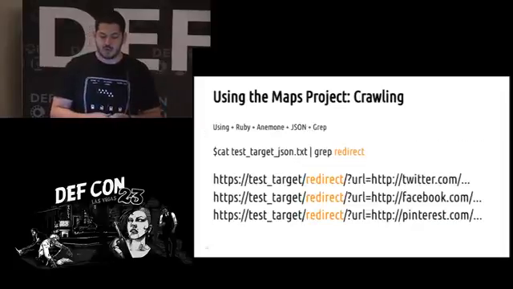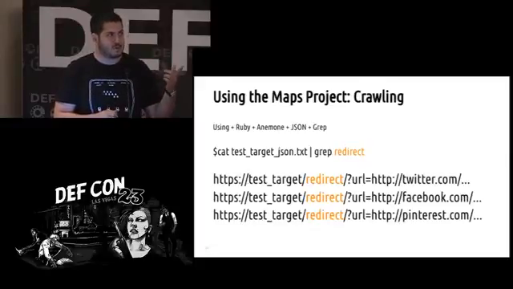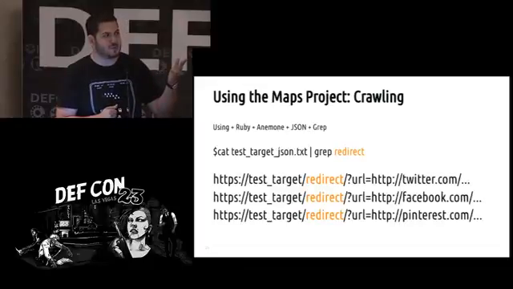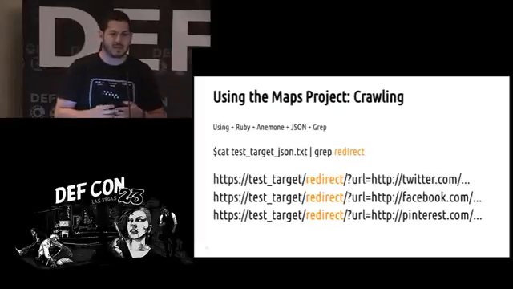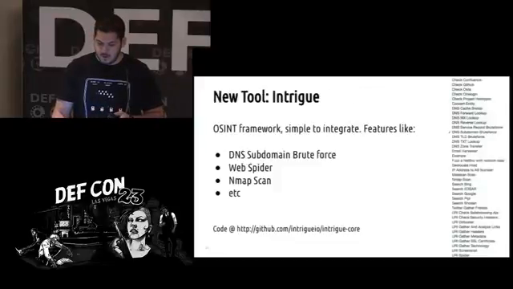So what we ended up doing with this, using Ruby, we wrote a script. We fed every single one of those JSON files, and we crawled them. And using grep, for a sample for this one, we grep redirect, and you can see we couldn't disclose the domain, but there's a bunch of sites out there that have the redirect that you can easily report and take them out and report it to the vendor. Taking it further,